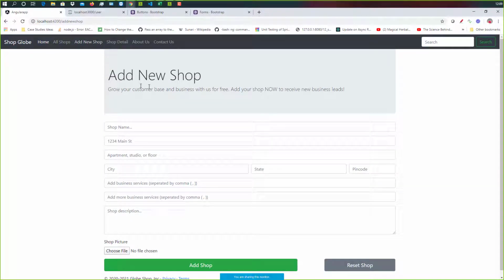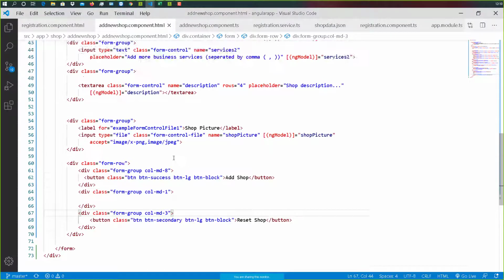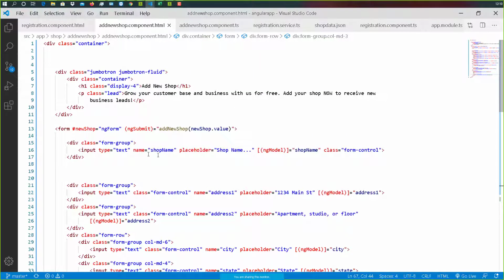So ideally, I would be having a user ID, right? Since I would be working with the session, I would be having the handle of the user ID, the shop user ID, right? So ideally, I would be adding this shop for that user ID. So that will be one more field which I will need to add to this shop. So hold on, let me make it read only. So here,